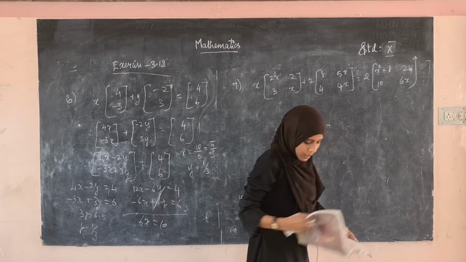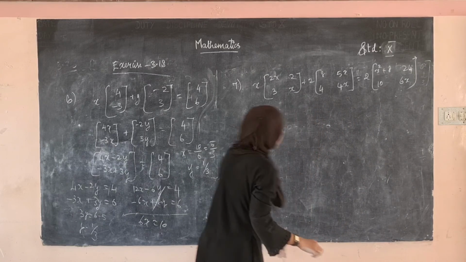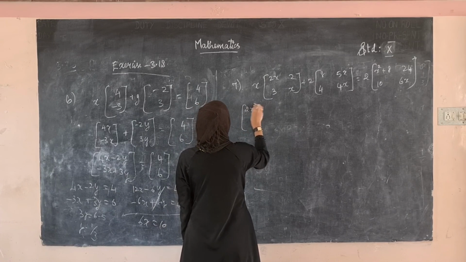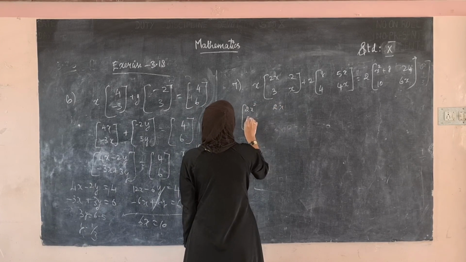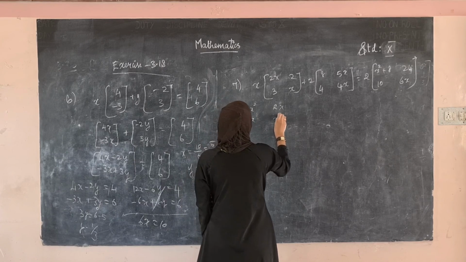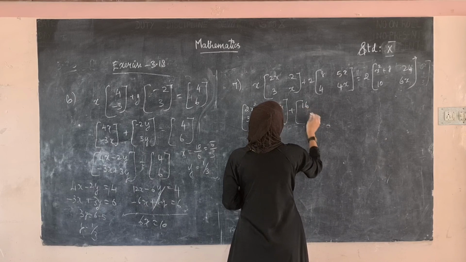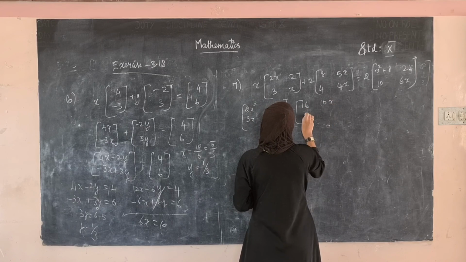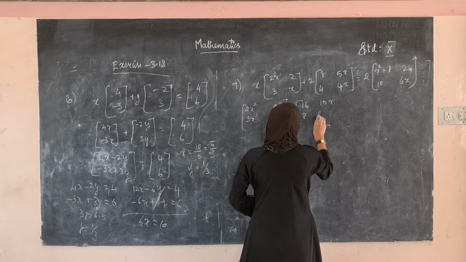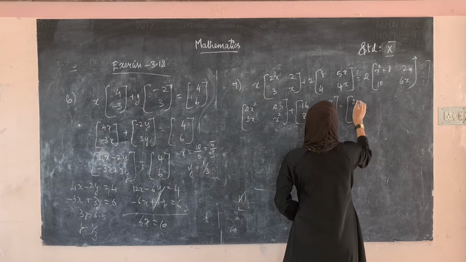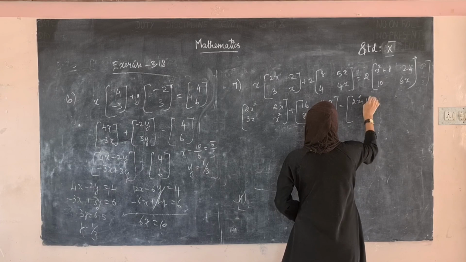Okay, we have to find the value of x. Multiply this x inside, it becomes 2x square, 2x, 3x and then x squared. And now we have to multiply this 2 inside: 16, 10x, 8 and 8x, which is equal to, now multiply this 2 inside,